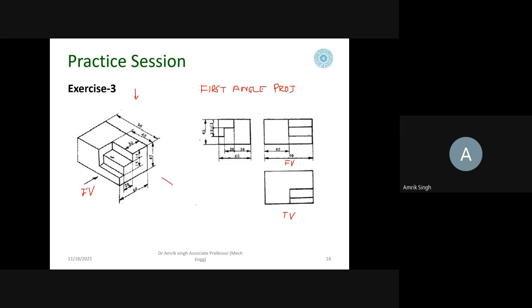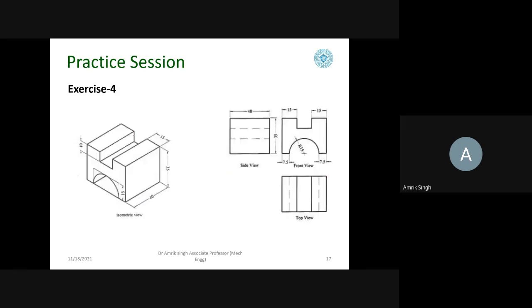And if you see from the right hand view, so this right view is drawn here. So if you see from this side, so you see this rectangle. So this is 45. So this rectangle is there, and this 60 is there. So from here, so you see 30 is here, 30 is here, then this 15 is here. So this way he has drawn. So this is how we draw in the first angle projection.